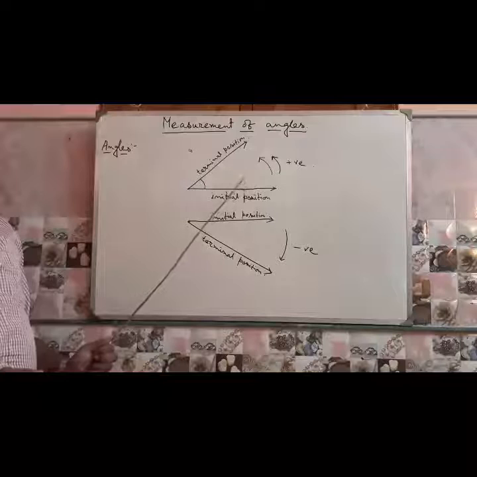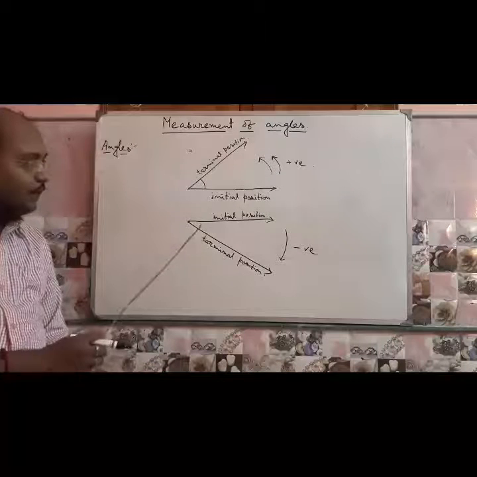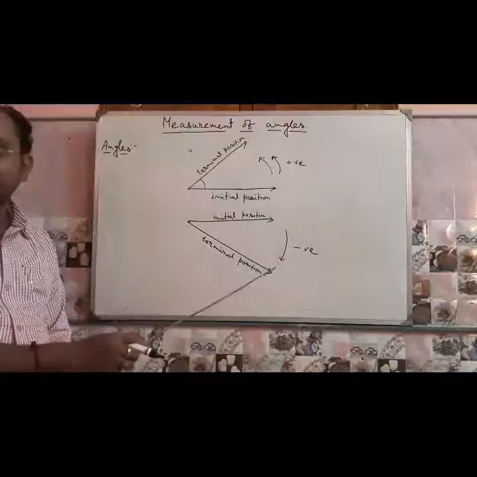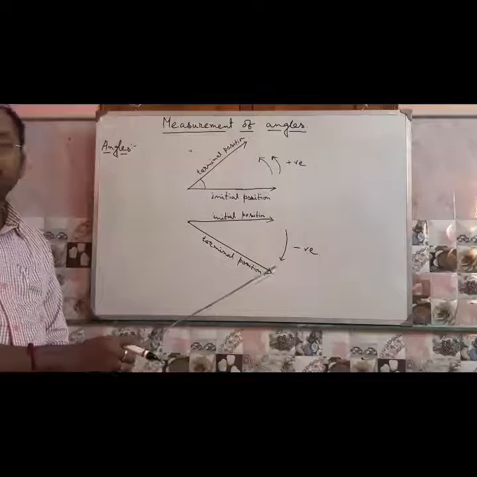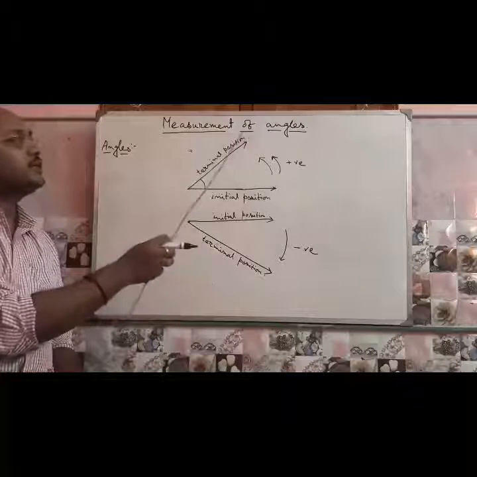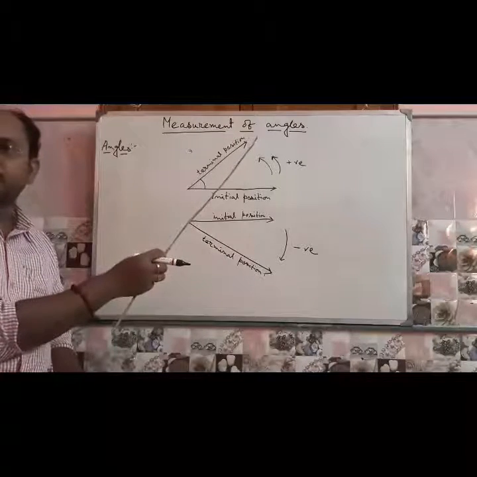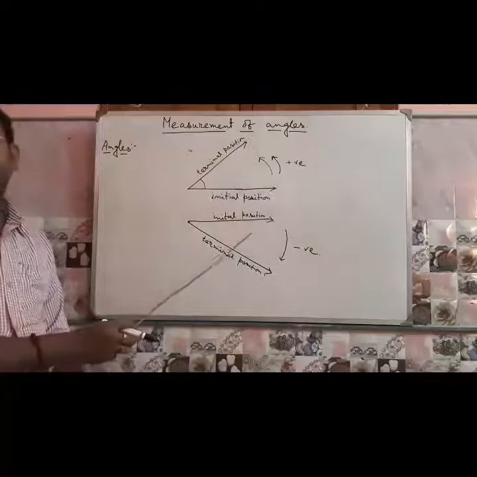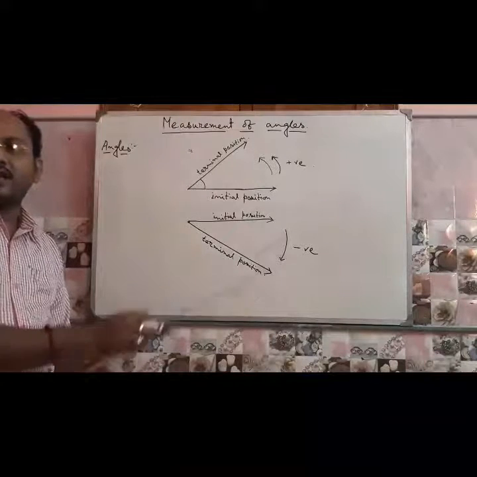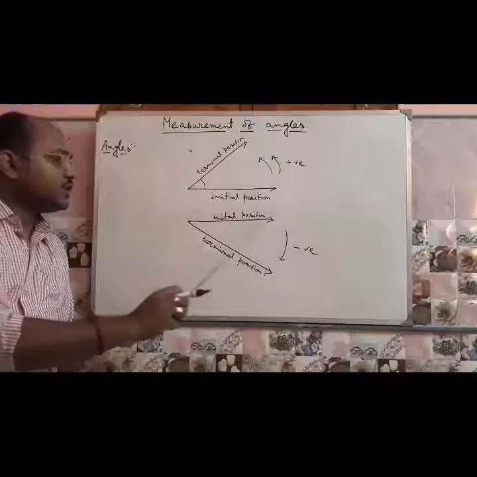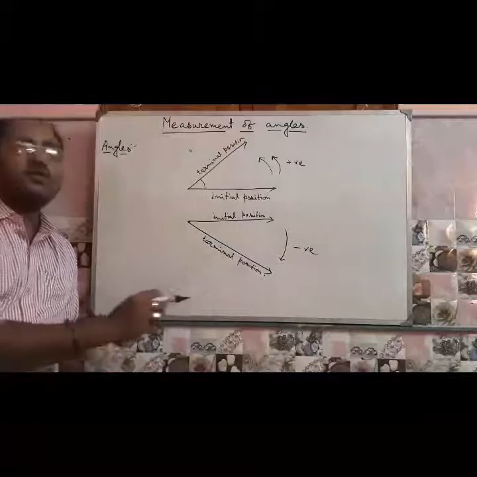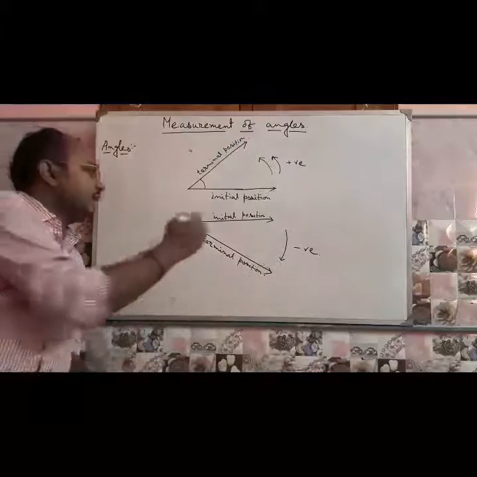This direction is known as the positive direction, and if the ray rotates in the clockwise direction, then it is known as the negative direction. When the initial ray rotates in the anti-clockwise direction, a positive angle is formed, and if the initial ray rotates in the clockwise direction, then a negative angle is formed. This concept of negative angle was not in your lower classes, but now you are to learn negative angles